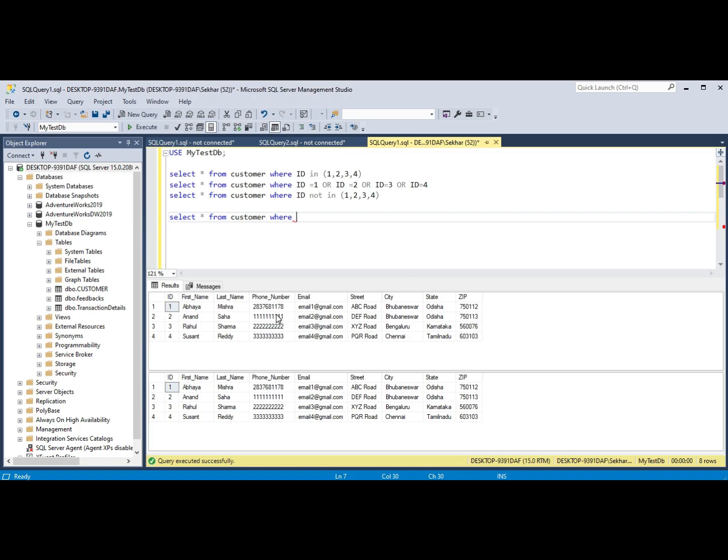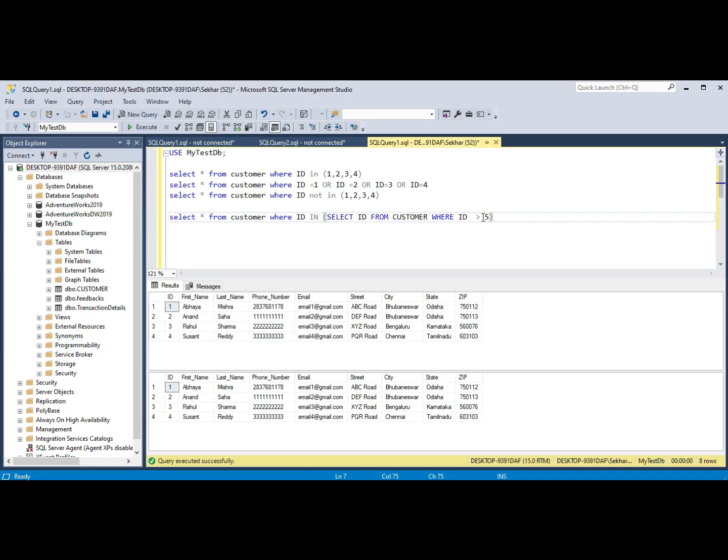So we can write, where id in, select id from customer where id greater than 5.